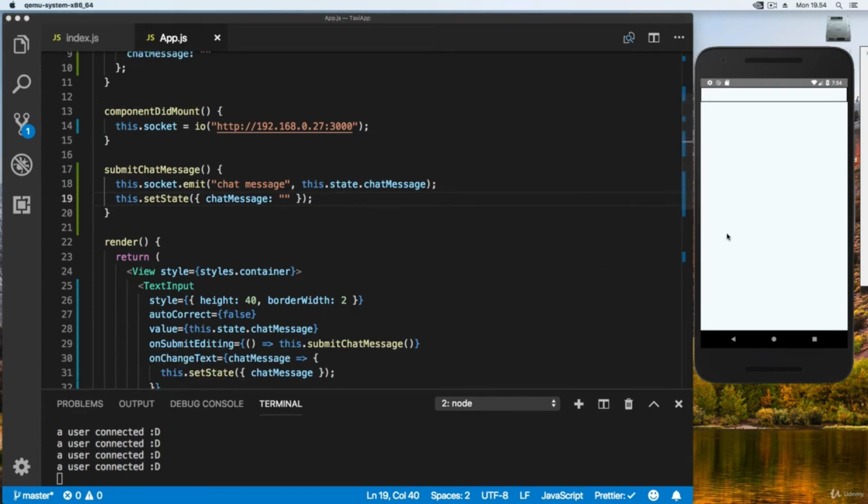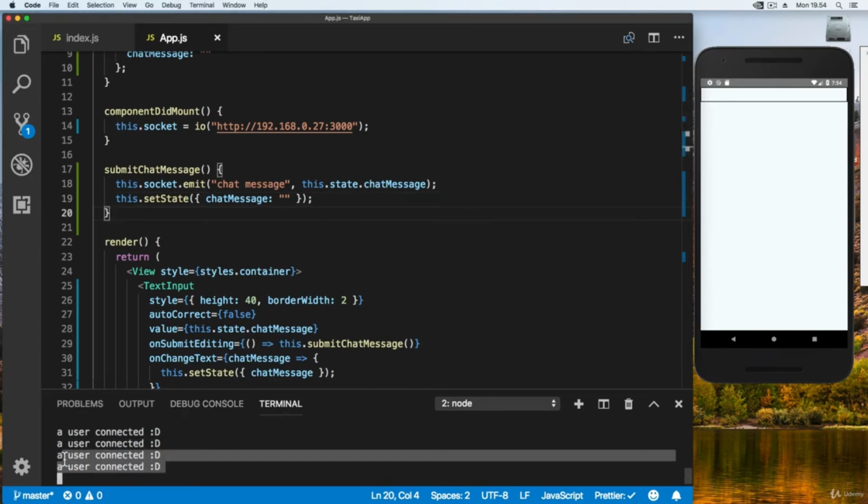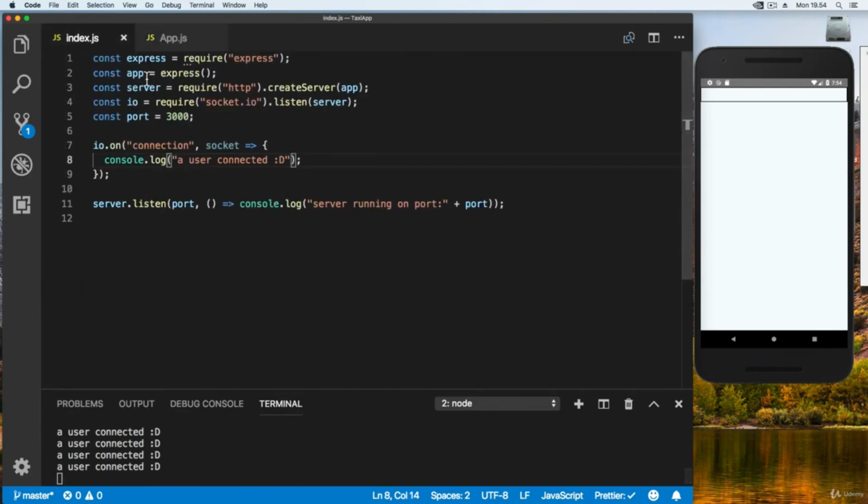Anyway, let's see how it works. So now if I type something in here, test, whatever, and I press the green button here or return on iOS, then it's going to send the message and it's going to blank this one here. And now obviously nothing came up here in the console log